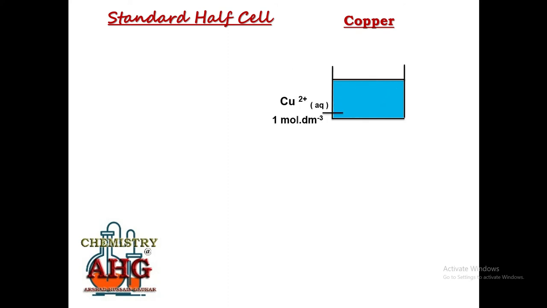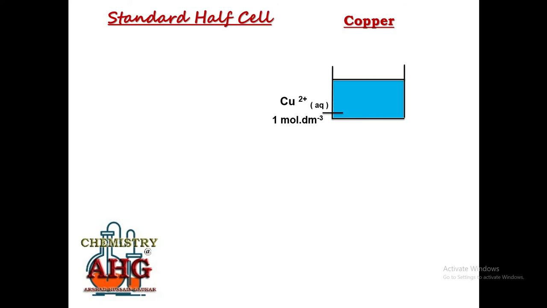Okay, next example that you can be asked to sketch and label. For example, you may be given another metal: sketch and label the standard half cell for the element copper. Remember, copper is a less reactive metal. Okay, if you have sketched this standard half cell, let's see if you have done it correctly. It is very simple. Just take a beaker and a solution of a soluble salt of copper. Suppose we have taken copper sulfate solution; the concentration of this solution must be 1 mole per dm cube.